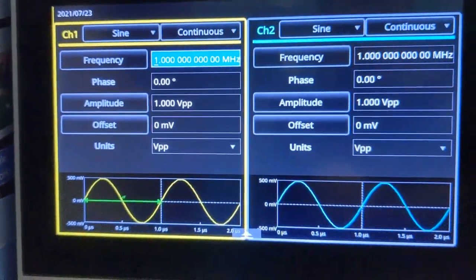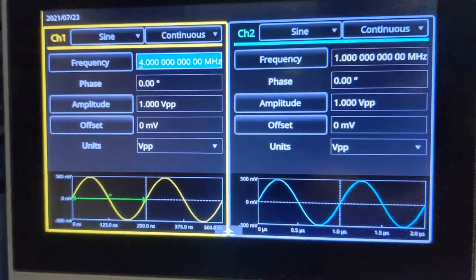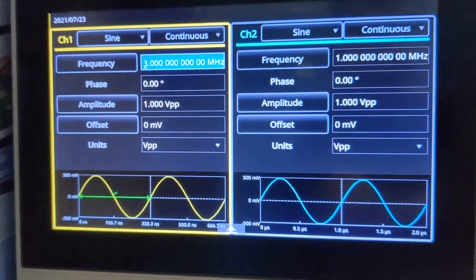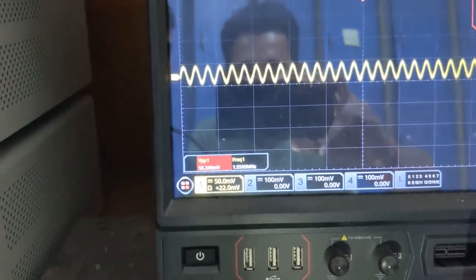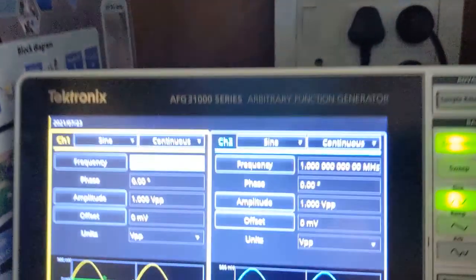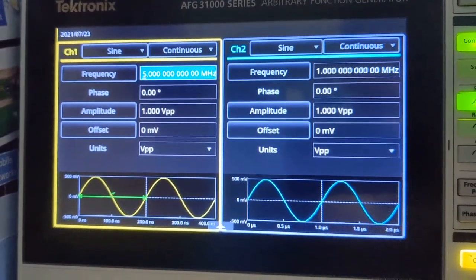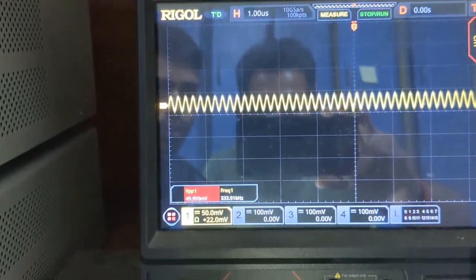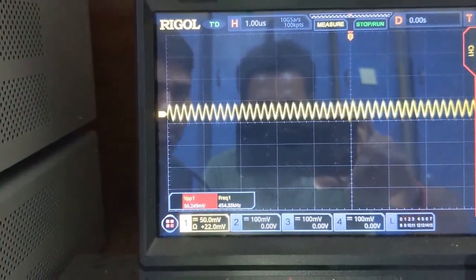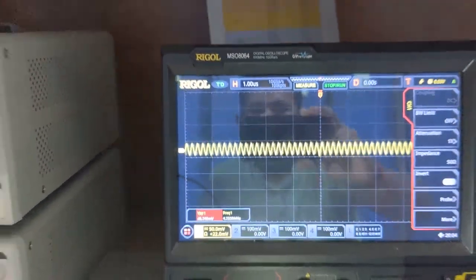Now at 3 megahertz, the amplitude of the signal is the same. At 5 megahertz, the amplitude of the signal is nearly 45 millivolt.